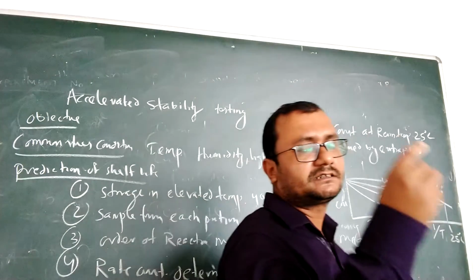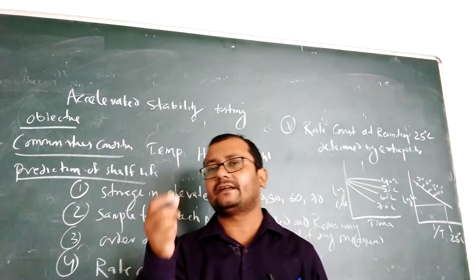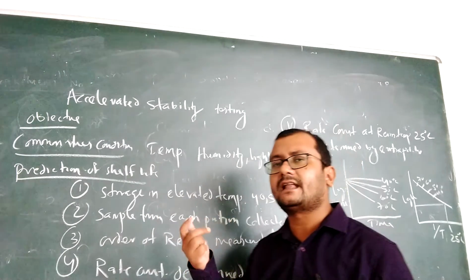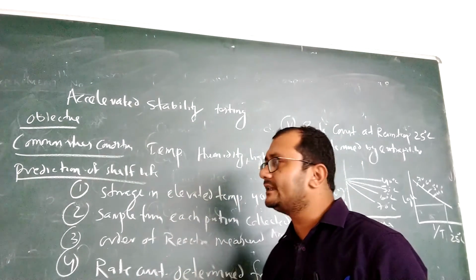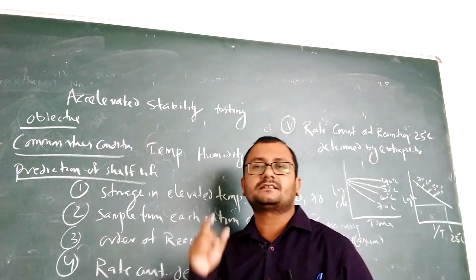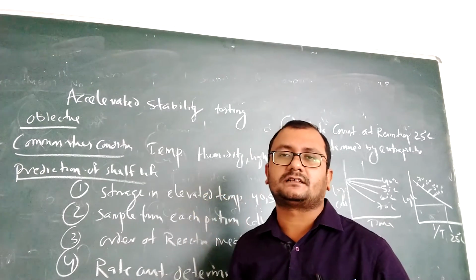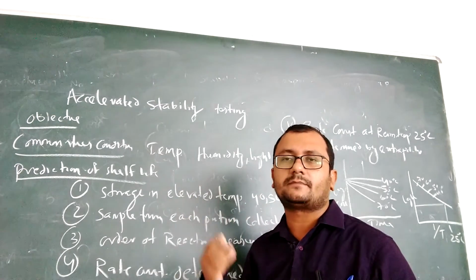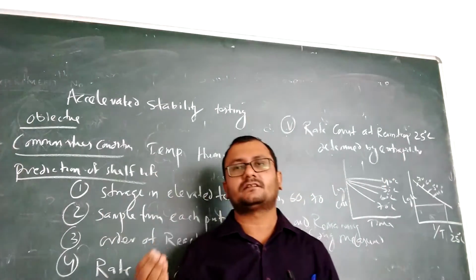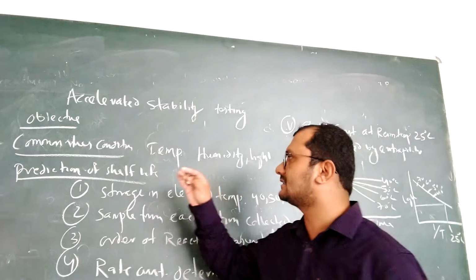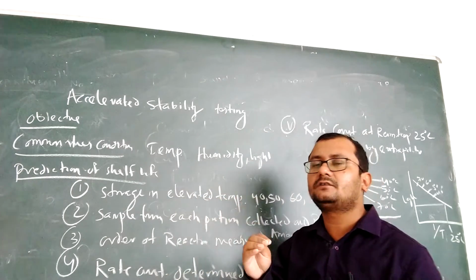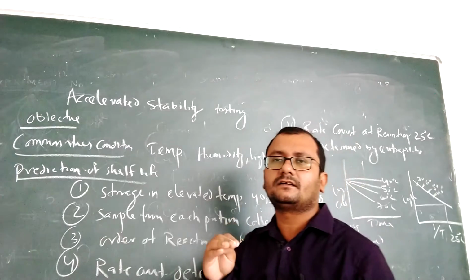We have discussed so many factors which affect the degradation of drugs, maybe oxidation, hydrolysis, or so many types of chemical reactions. But from all these, we know that temperature affects degradation the most. When we increase the temperature by 10 degrees Celsius, the decomposition rate will be around twice or thrice. So the degradation will be more in case of temperature. This principle we are applying to find out the shelf life of the drug rapidly.